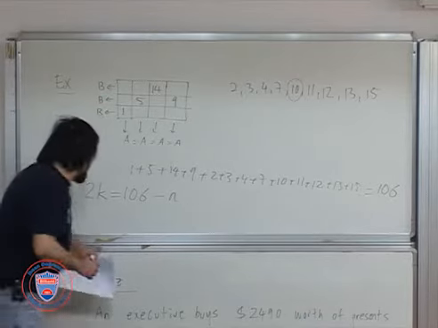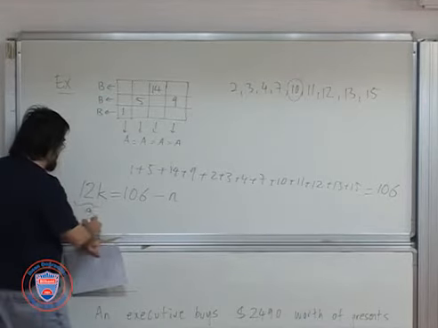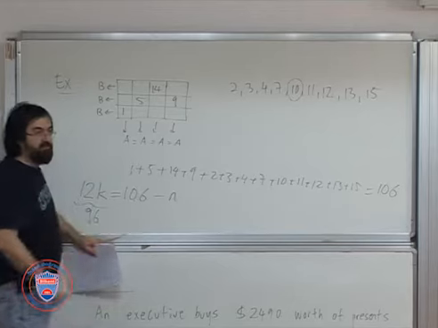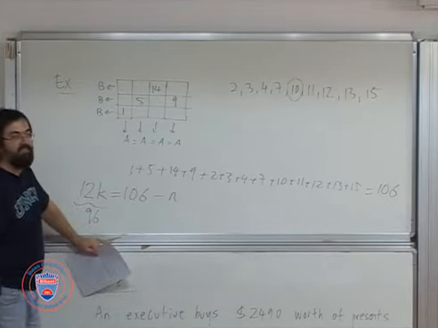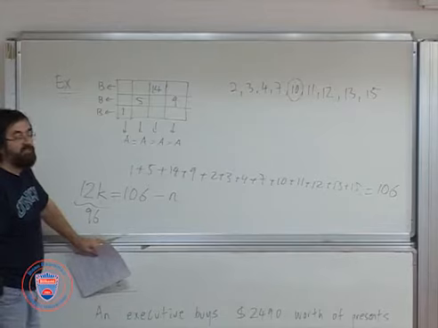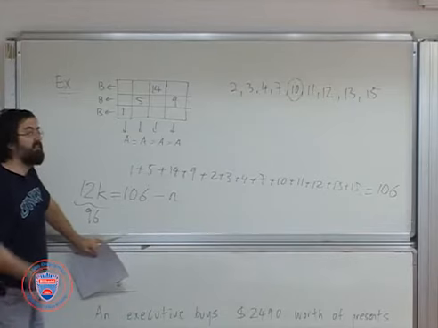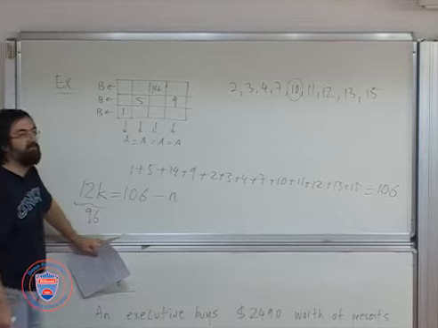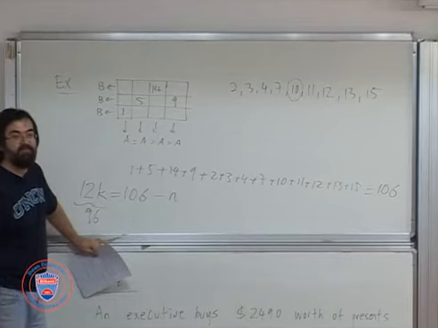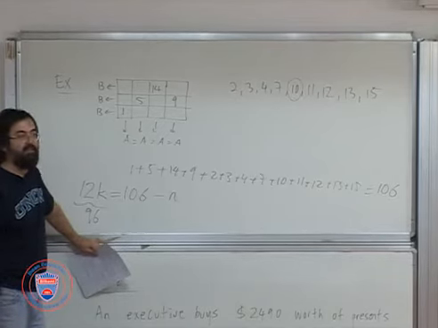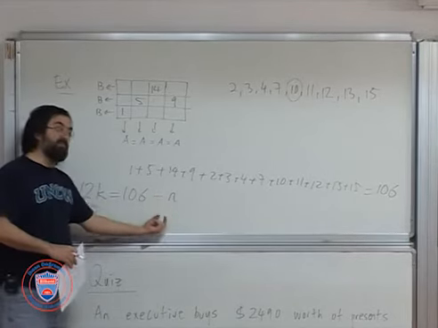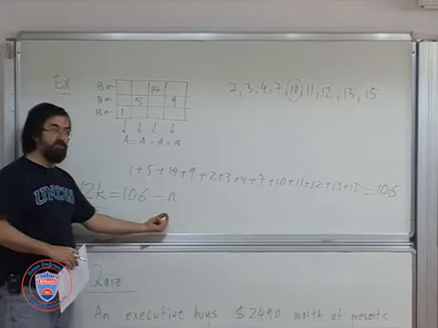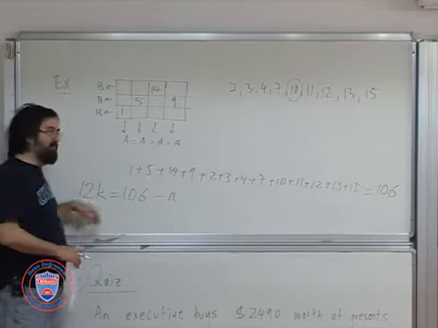So if this is 96, then 10 will do. Is there any other number that will do this? Is the solution unique? Can you find some other number that, if you don't put it there, still works? If you had another number, the difference between this number, 10, this solution, and that solution would be divisible by